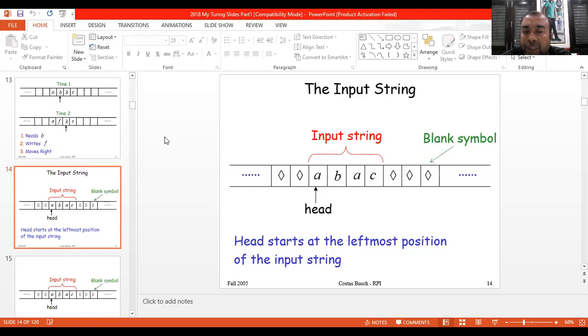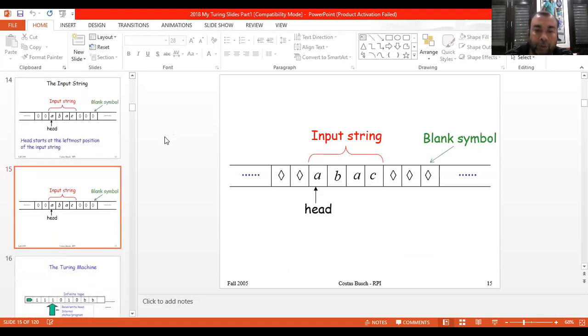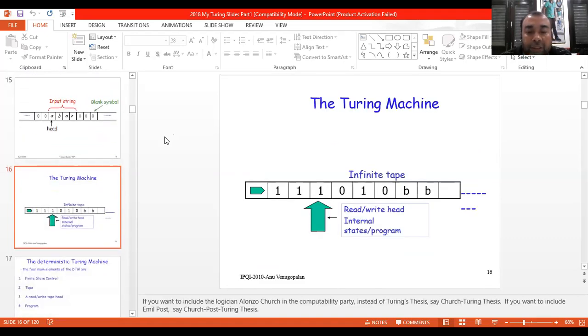That is, nothing has been written in these cells on the input tape, because the input tape is infinite at both ends, and obviously our input is generally of finite size. Okay, so our head pointer always points to the leftmost symbol, and after reading the last character, here C, if I reach the final state, then we will say the input is accepted, otherwise the input is rejected. Just like in the case of NFA, DFA, NPDA, and DPDA. Okay, so this will be the scenario. So this is the pointer.